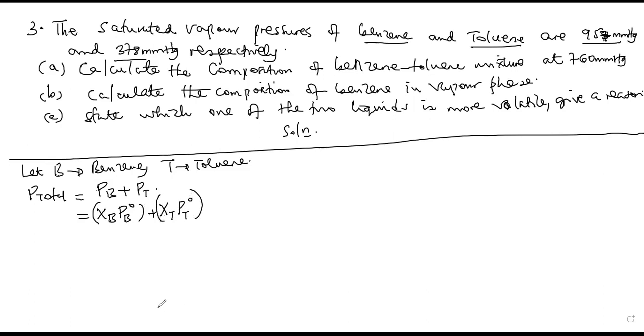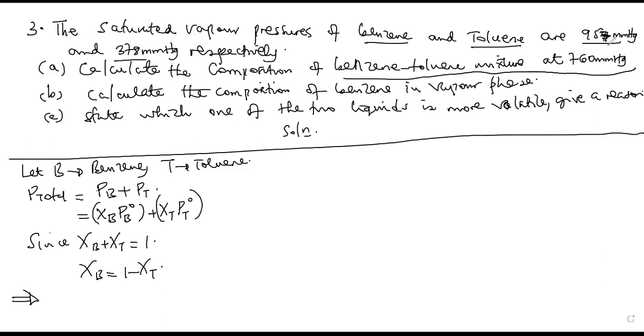But you need to know that mole fraction of benzene plus mole fraction of toluene should be equal to 1, meaning that mole fraction of benzene is the same as 1 minus mole fraction of toluene. Then now I can substitute in P total. They've told us to calculate the composition of benzene toluene mixture at 760 millimeters of mercury, meaning the total pressure is